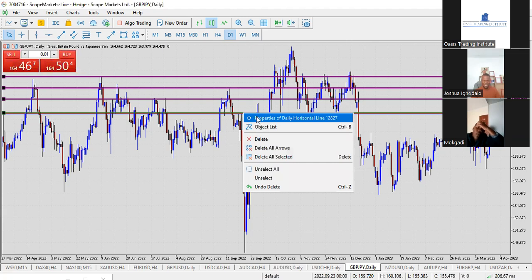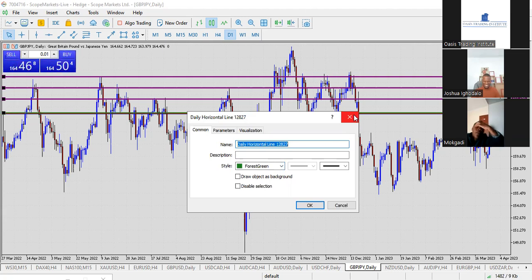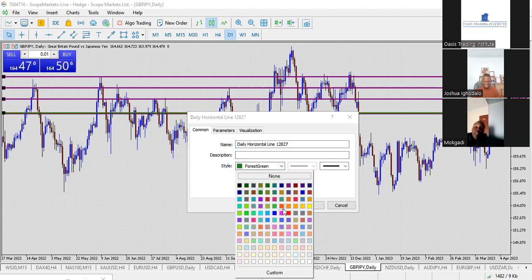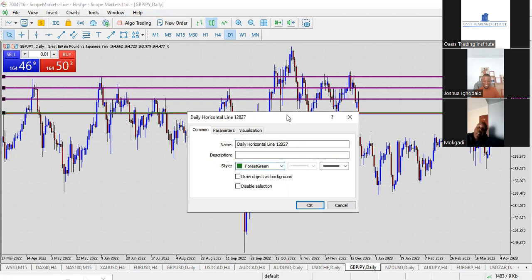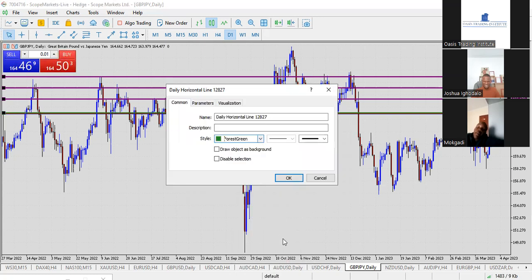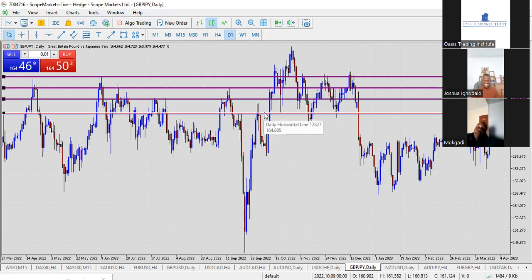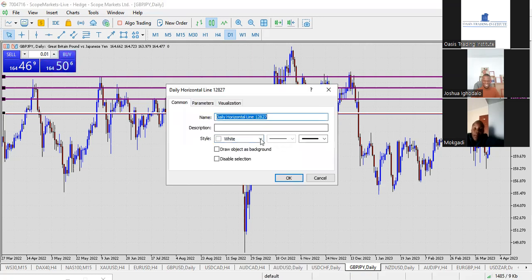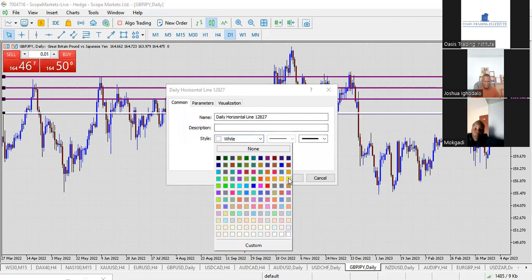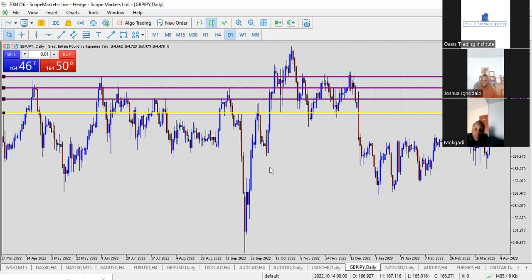Or I should change it to white. No, white is not going to be visible enough. I think the background is almost whitish. Let's try yellow, maybe. Oh yeah, it is yellow. Okay, so when you see the yellow, you know we are talking about the major support and